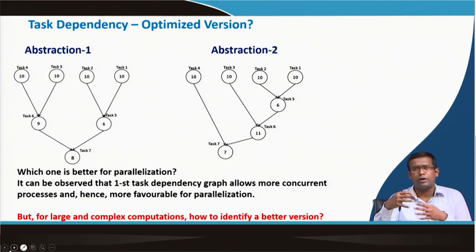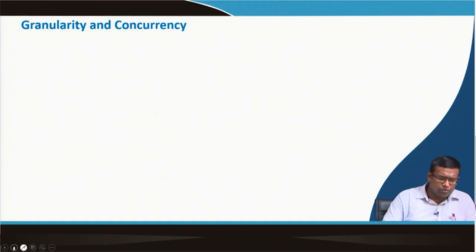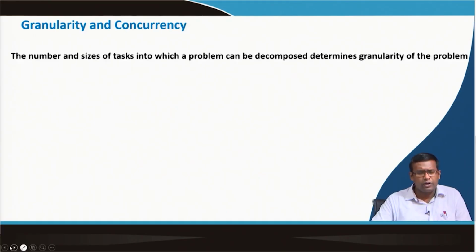At some points I will see one graph showing more concurrency, and in some cases one graph showing less concurrency. So, we need to have some metric to find out which is more favorable for parallelization, and we need to look into some of the definitions. One is called granularity. The number and size of tasks into which a problem can be decomposed determines the granularity of the